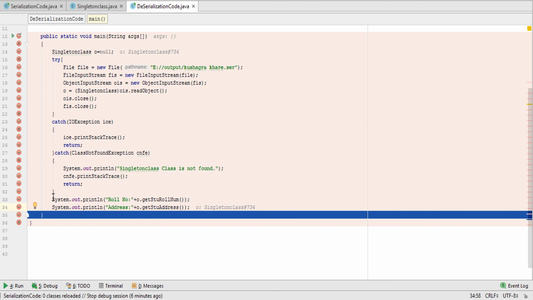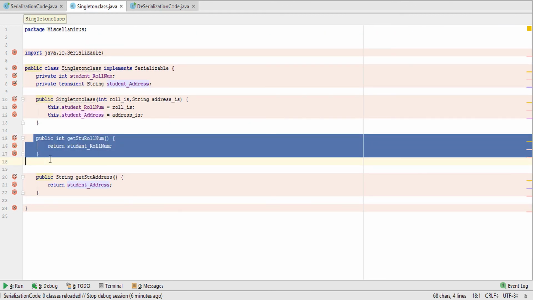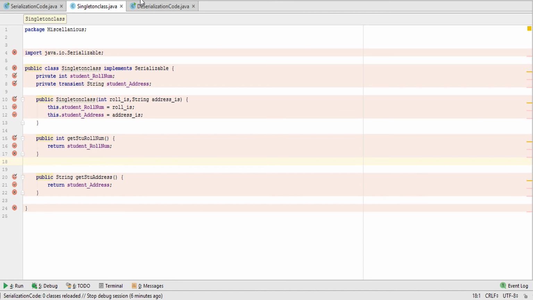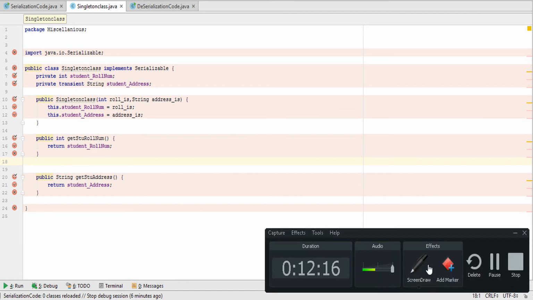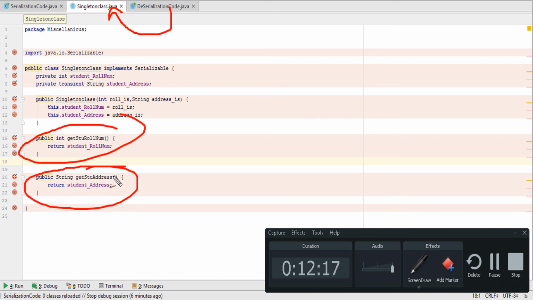After that, whenever the line comes to this, the computer will point to this line and call o.get student roll number. Okay, and what is O? O is the student class object, so it will come to this line. Okay, and the value of student roll number will be returned, and this value will be 1 2 3 4 5, and this method will return null.